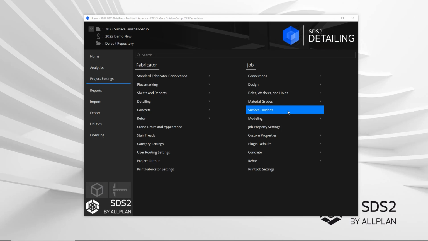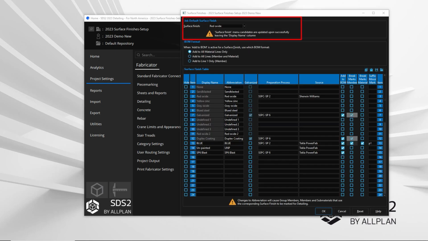In this video, we will cover the surface finishes setup in SDS2 2023. At the very top of the window, you'll have the ability to set your default surface finish for the model for the member and materials. Like other options in your member and material edit windows, if I were to add a beam and change that finish to something different other than the default, the next added beam will utilize whatever was specified as the last finish. If you want to go back to the default finish, you'd have to manually pull that down within the